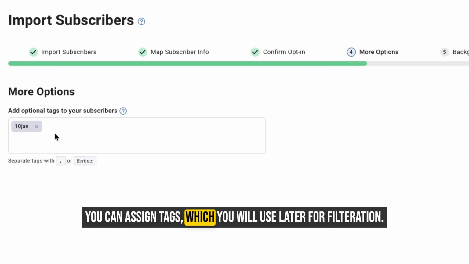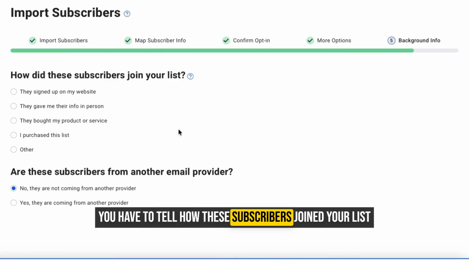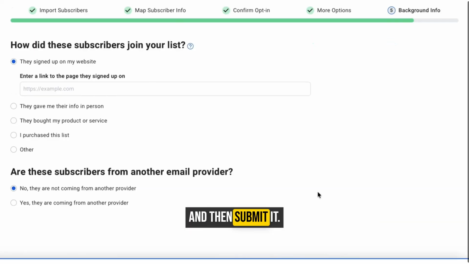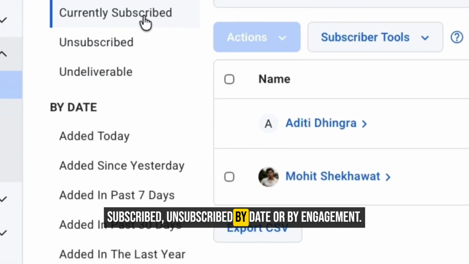You can assign tags which you will use later for filtration. Here you have to tell how these subscribers joined your list and then submit it. You can filter your subscribers by currently subscribed, unsubscribed, by date, or by